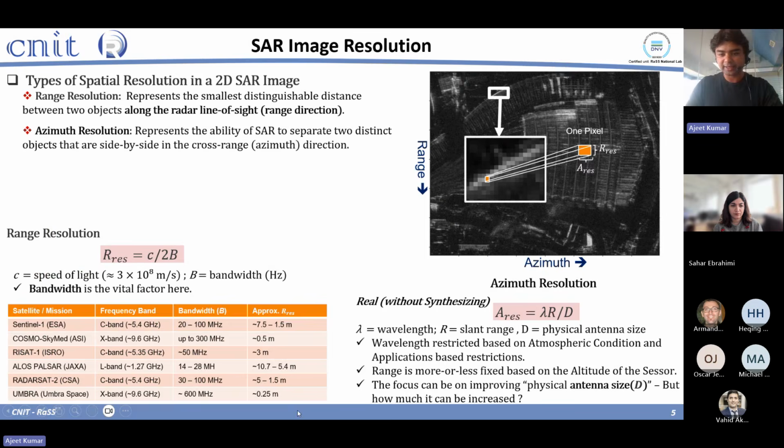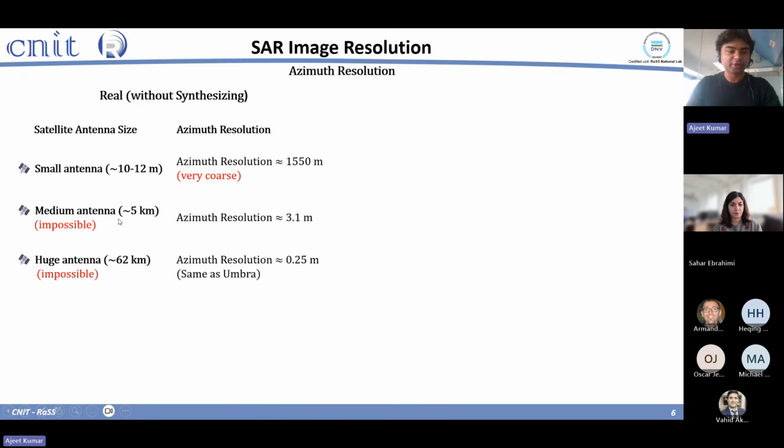As I said, the antenna size has a resolution expression dependency. Let's say in another example, if you have an antenna size of 5 kilometer, you can reach 3.1 meter resolution. Now, again, a 5 kilometer antenna in space is not feasible, right? You cannot do that. 5 kilometer is very long. Even for airborne or spaceborne, it is not possible to situate that size of antenna, especially in